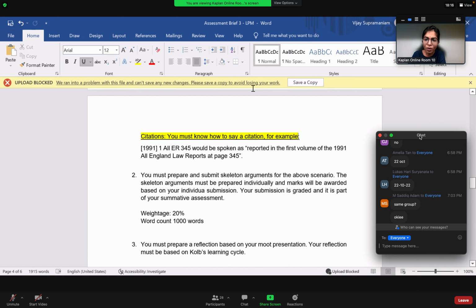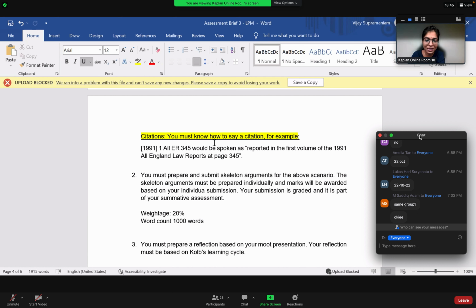So it's very easy. It's just a matter of presenting. How are you going to be assessed here? For your presentation in the courtroom, no marks are awarded. I know you will say, okay, then I don't have to present in moots. But unfortunately, you have to do a reflection on your presentation. Your reflection is on your mooting presentation. You know the 500 words reflection? Like how you did for negotiation, you're going to do the same thing.